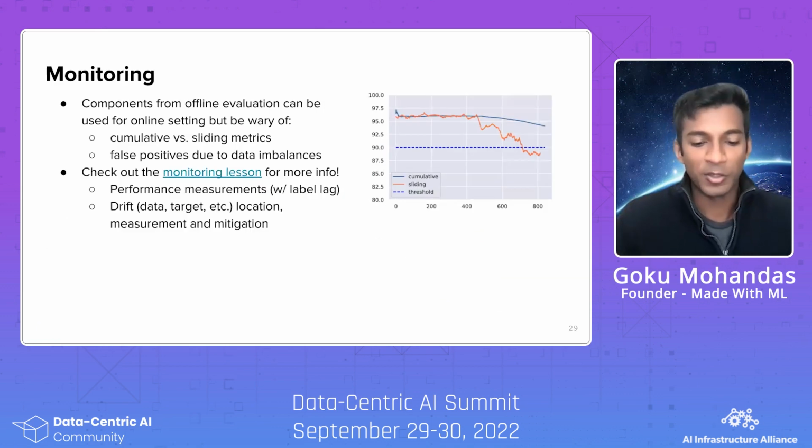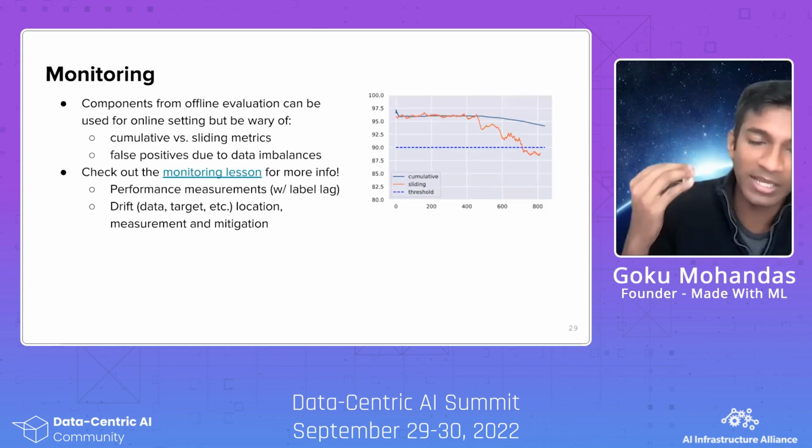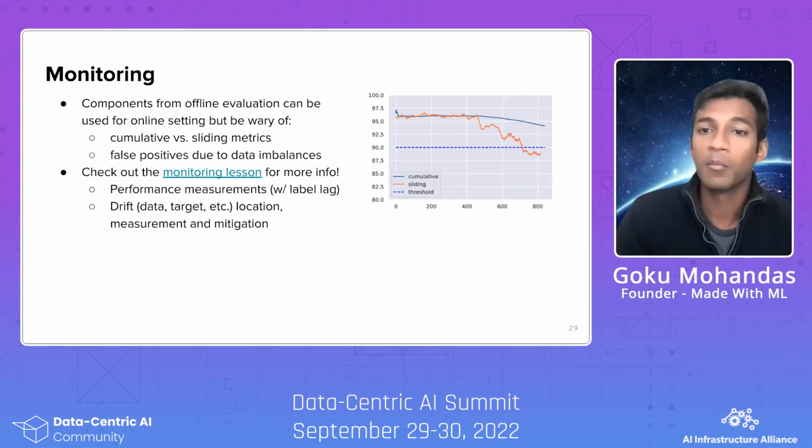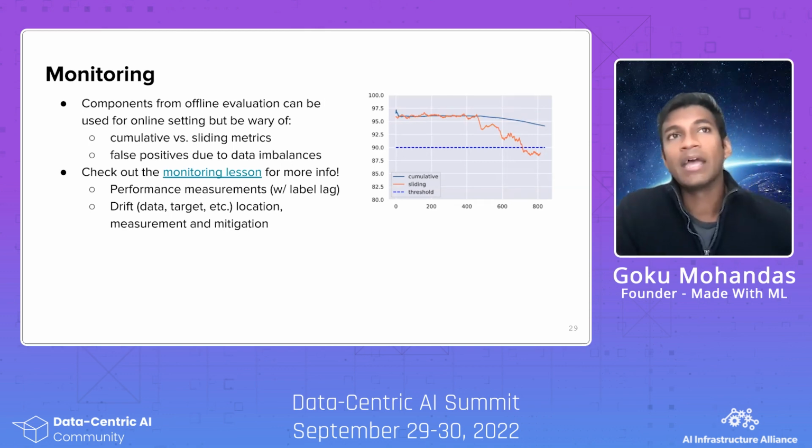And a huge part of evaluation is continuing to do it in production as well. That's where monitoring comes in. And yes, a lot of the components from our offline evaluation can be used in this scenario in monitoring, but there's some things to be aware of,